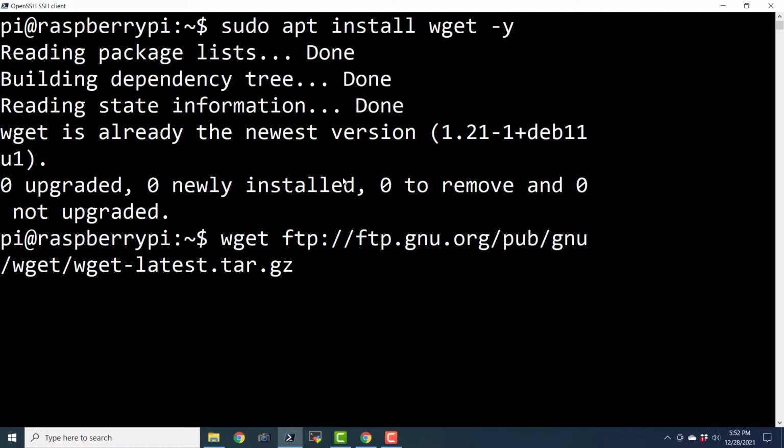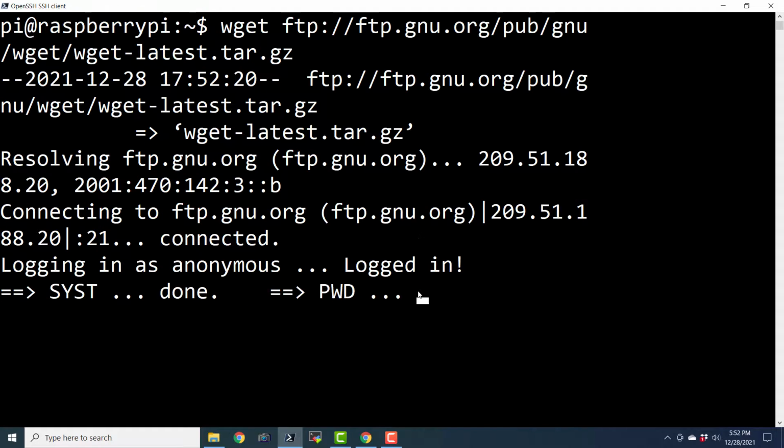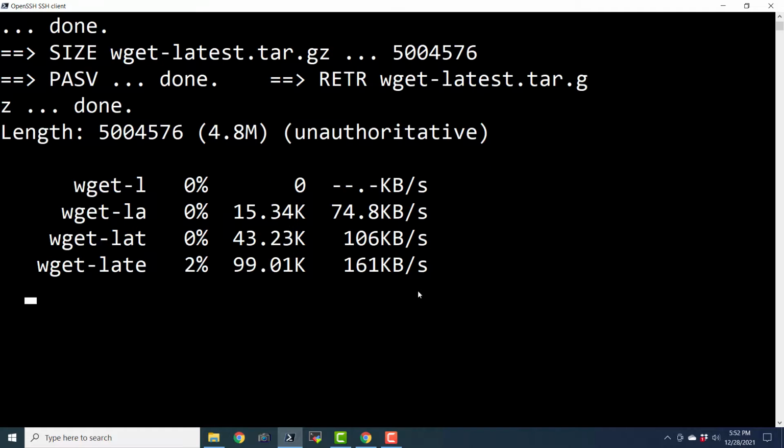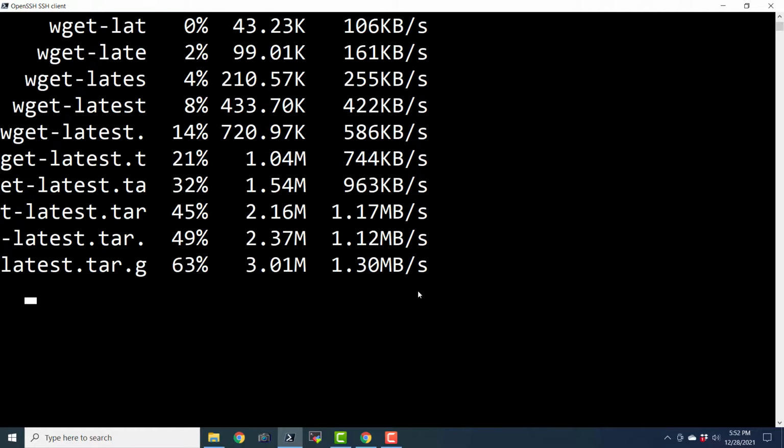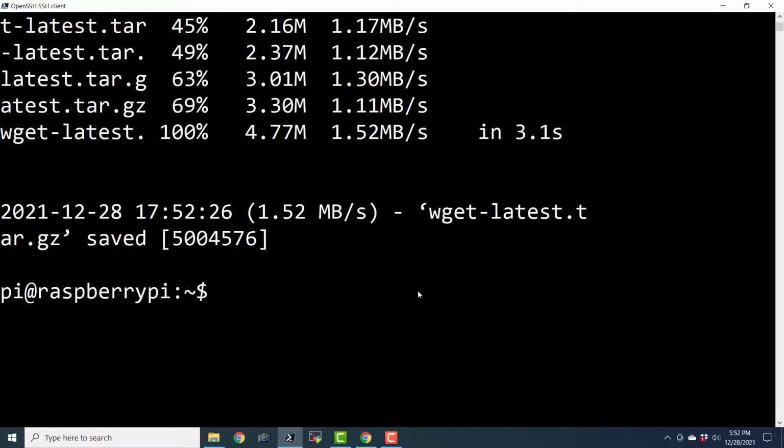Ironically, we are downloading the source code of the wget utility itself from this particular location, over FTP on the internet. It is downloading and you can see the progress. It is done.